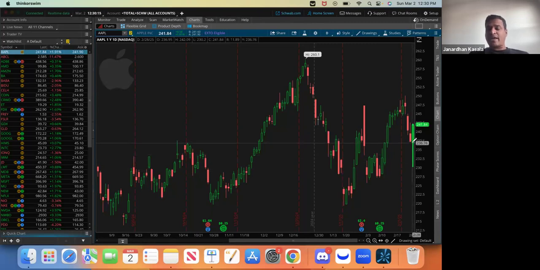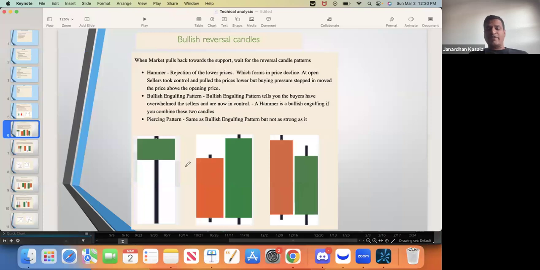Bears tried to pull the price down to around 230, and then bulls stepped in from 230 to 240. They pushed all the way to 241 and closed at this high. The close price is closer to the high price, which indicates a bullish signal, even though